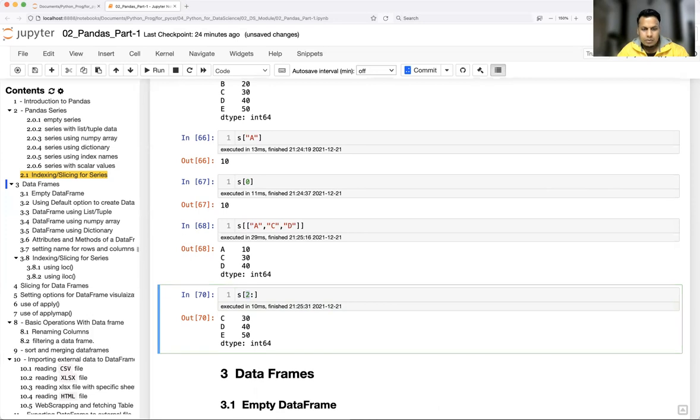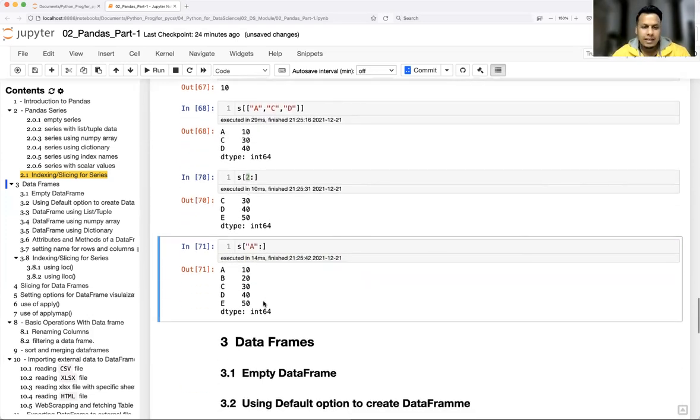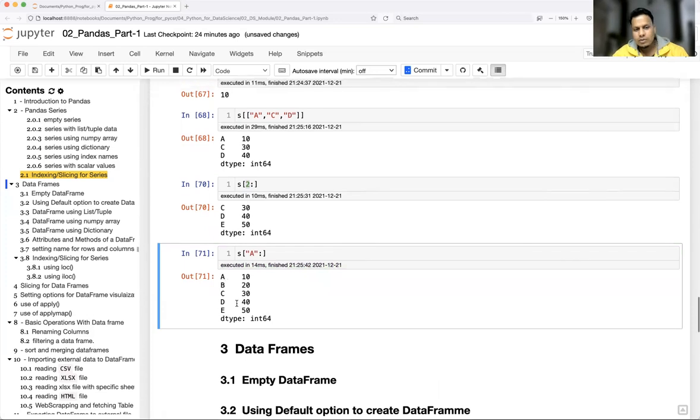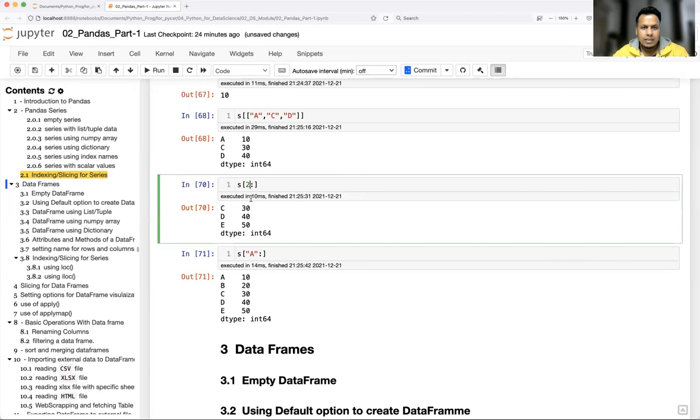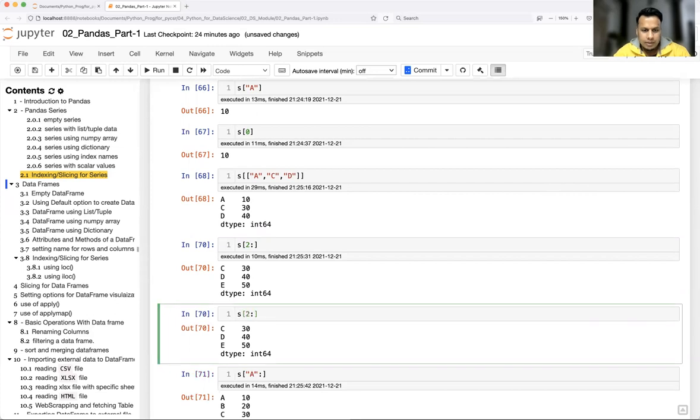The same is not true with the index name. Let's try that. What happens? Of course, it works because everything is in series. It is going to return all the elements of the series from A onwards. And remember one thing, guys: here I was using positions, so C, D, E, correct? Let me show one more example of what I'm trying to show here.